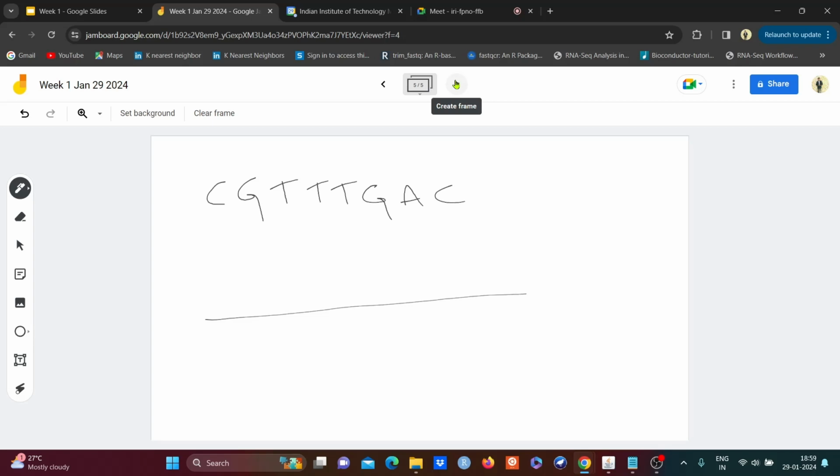So we have 3 hydrogen bonds here. How many will G make? Same, 3. How many will T make? 2. So similarly again, T, 2, 3,